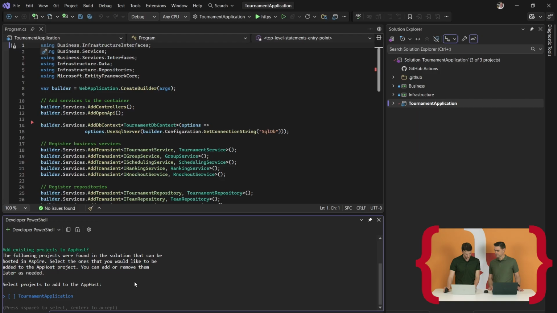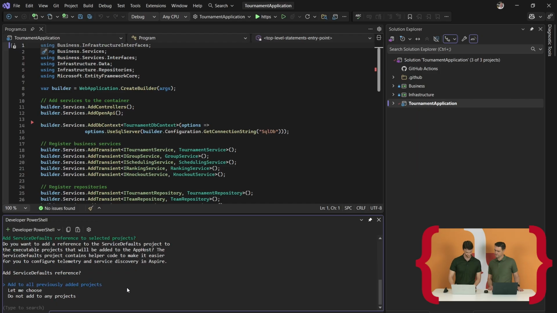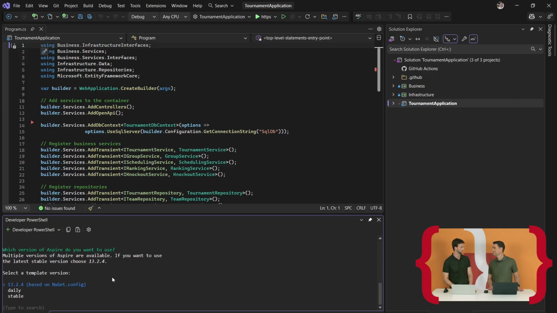Here I get a prompt. It asks me which projects to select and add to the app host. App host is a component of Aspire. We will talk a bit more about that when it's generated. I hit my spacebar to add it to the app host, and add to all previously added projects. Because I have done it before, it will add the references, but I'll show the references that need to be